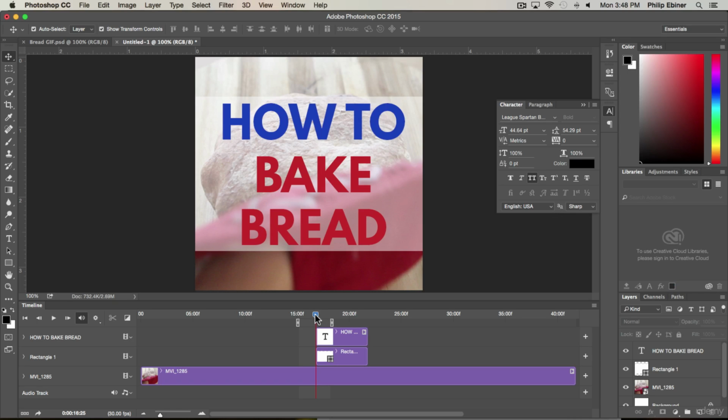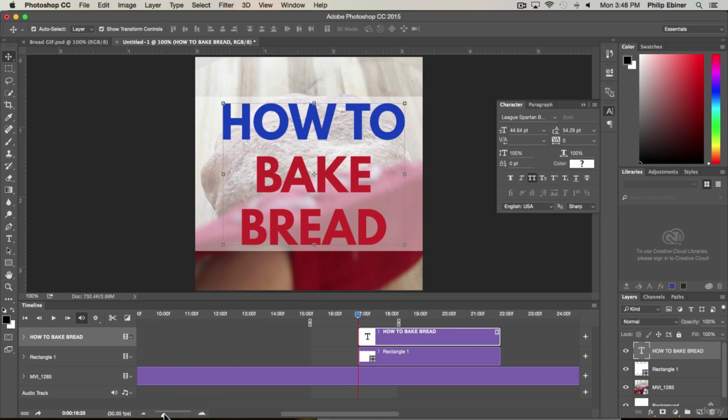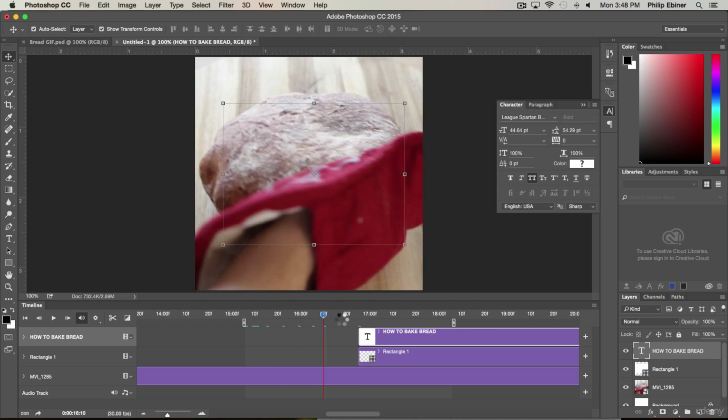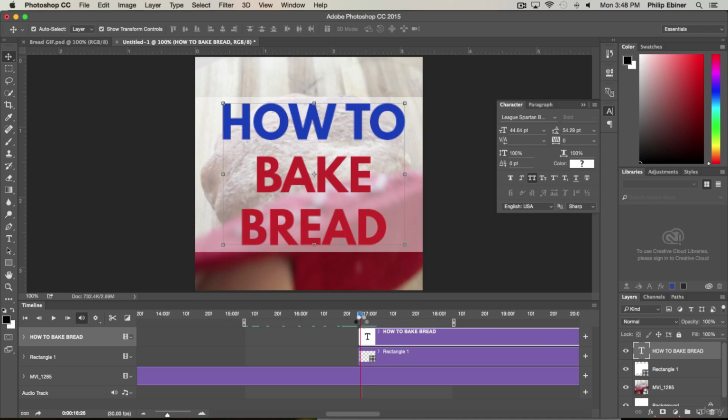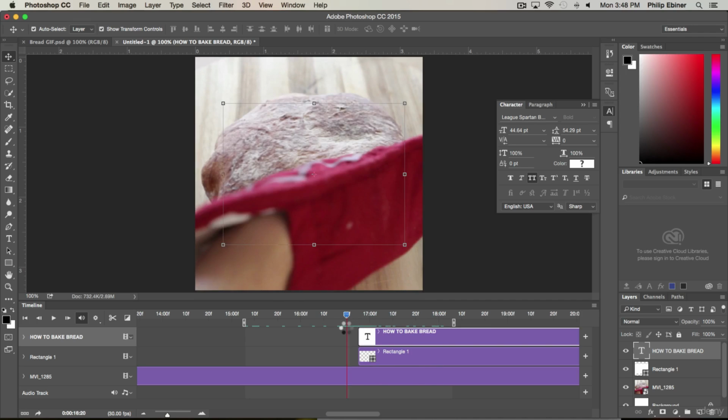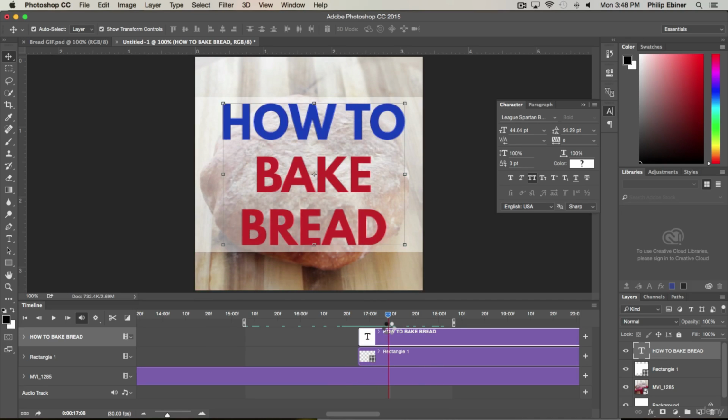Okay, so now you can see that this text was added where we are in the timeline, and I can zoom in on the timeline with this little zoom bar right here. So here is our whole GIF that we're going to animate, and then all of a sudden right here, our text appears. I want the text to appear a little bit later after I'm done setting the bread down on